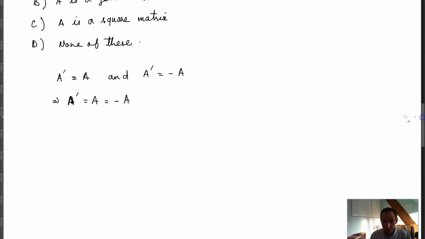For example, if I have a zero matrix as 0 0 0 0 0 0, a 2 by 3 matrix,